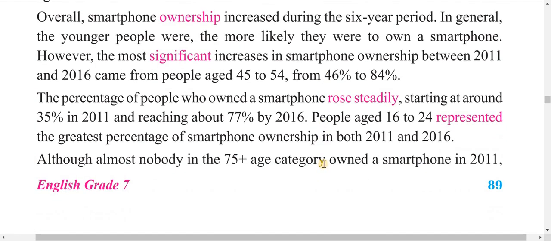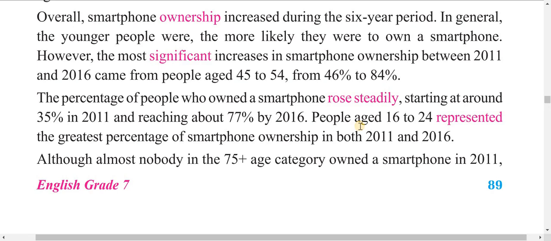2016 मा आउँदाखेरि त्यही एज ग्रुपको 84% ले स्मार्टफोन किने। The percentage of population who own smartphones rose steadily, gradually बढेको देखिएको छ। हरेक वर्ष स्मार्टफोन किन्ने मान्छेहरूको पर्सेन्टेज बढ्दै छ, starting at around 35% in 2011 and reaching about 77% by 2016. 2011 मा 35% मान्छेले स्मार्टफोन लिन्थे भने 2016 मा आएर 77% मान्छेले स्मार्टफोन लिन लागे।